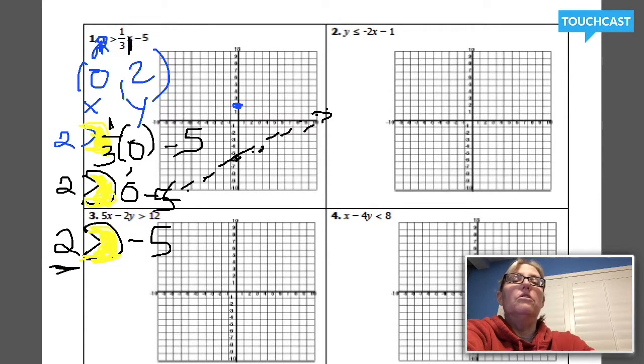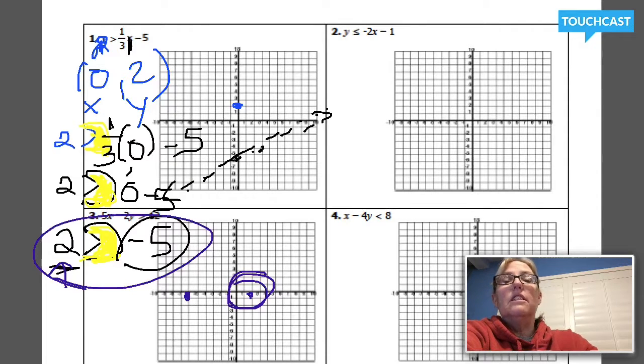So is 2, because that's the one he's going to eat, bigger than negative 5? If the number's farther to the right, which 2 is here, and negative 5 is here, whatever is the farthest to the right is the bigger one. So yes, indeed, Pac-Man is eating the bigger one. This is true,